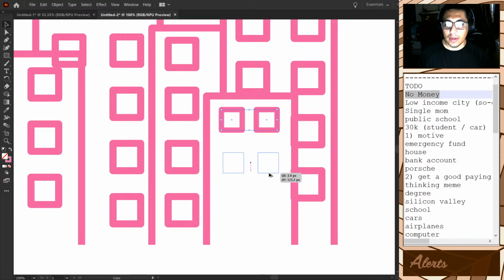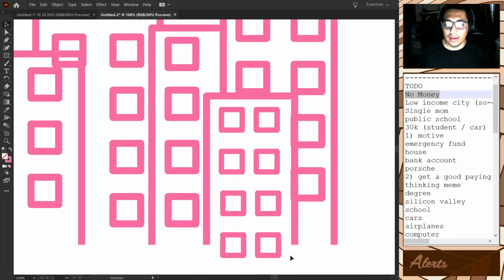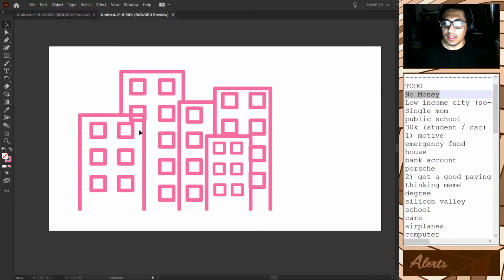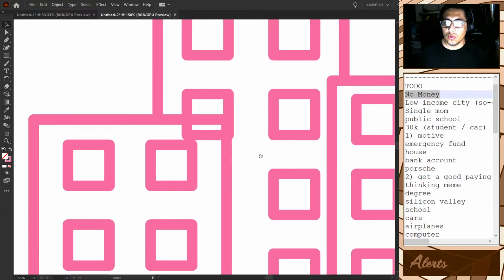If you're crafting your own style, you could do whatever you want. I'm really just doing this because one, these are assets that I will be reusing, so I don't want to do it again. I'm pretty lazy, so I started learning some tricks. Let's say that this is the city, right? But we don't want this. There are two ways to do it.